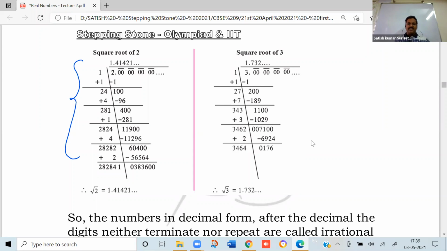If you go on calculating, the decimals will be 1.41421 and so on. That means after the decimal, the digits neither repeat nor stop. Try to remember this value also. So 1.414, try to remember approximately. We'll use root 2 approximately as 1.414. In problems, approximation will be taken and used. Now in the same manner, square root of 3 is 1.732 and so on. So try to remember the root 3 value approximately as 1.732.